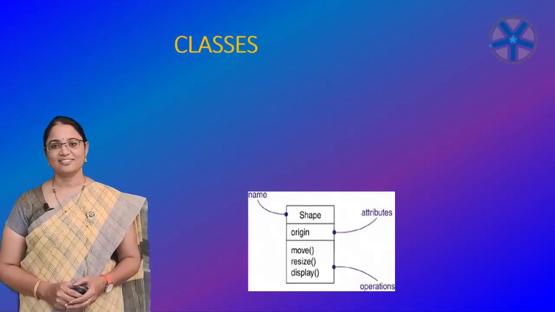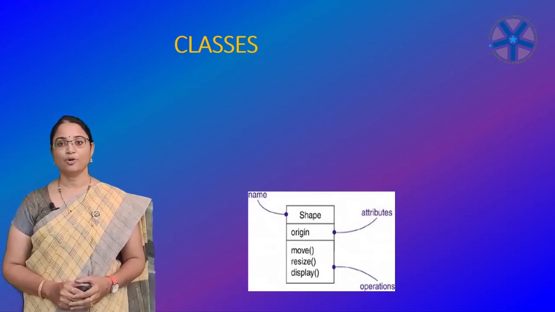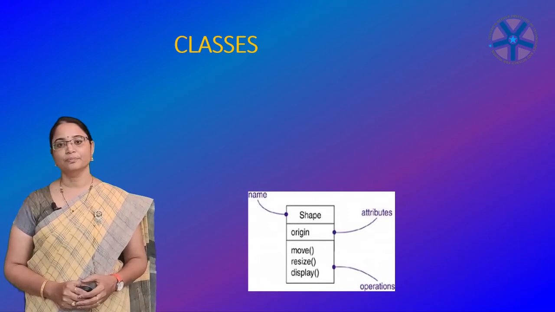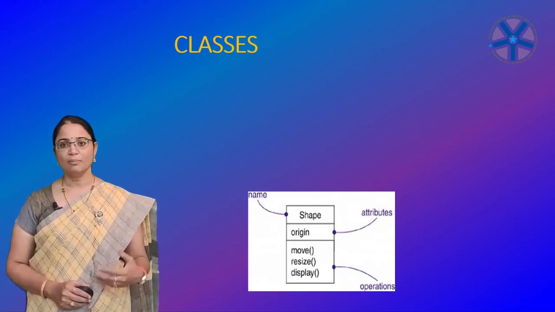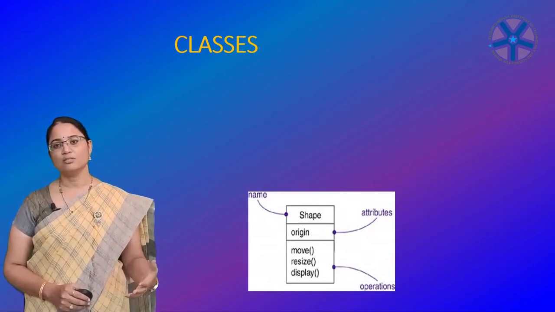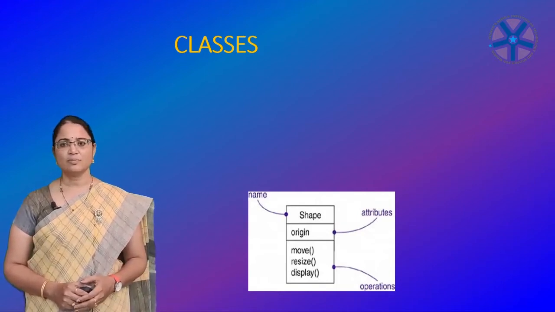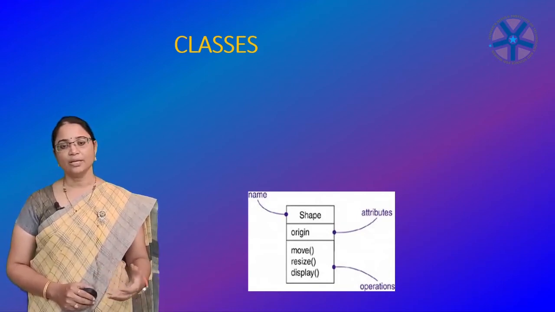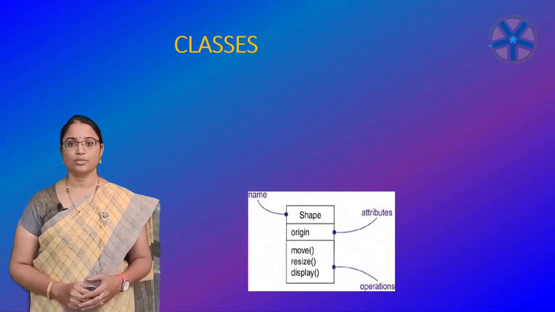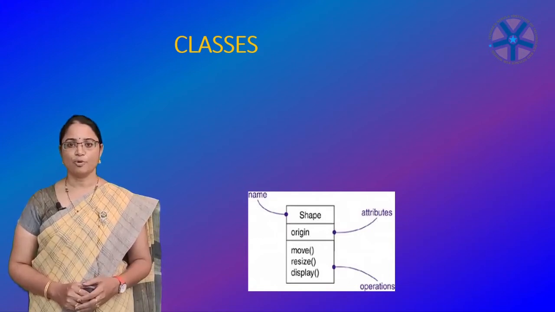Coming to the classes. Modeling a system involves identifying the things that are important to your particular view. These things form the vocabulary of the system you are modeling. For example, if you are building a house, things like walls, doors, windows, cabinets and lights are some of the things that will be important to you as a house owner. Each of these things can be distinguished from the other. Each of them also has a set of properties.